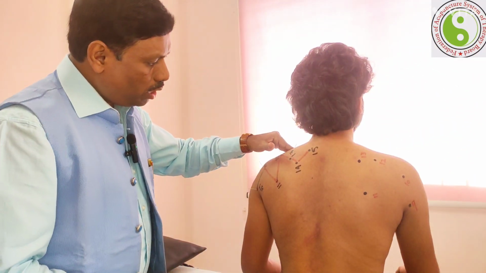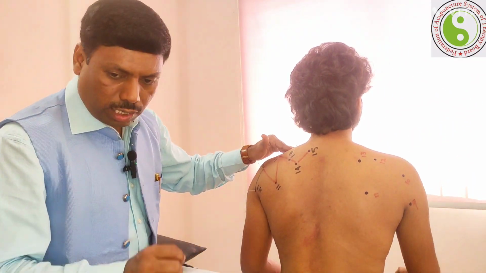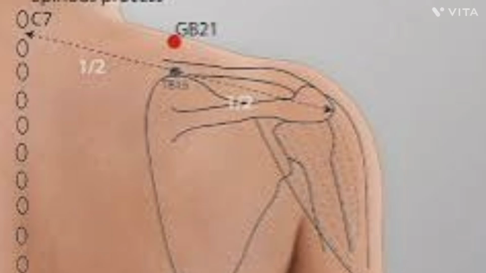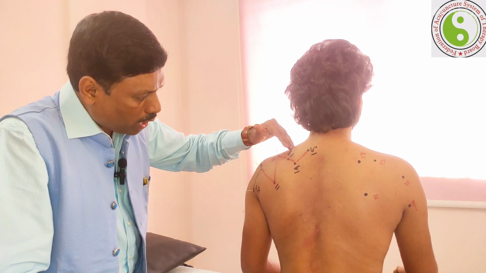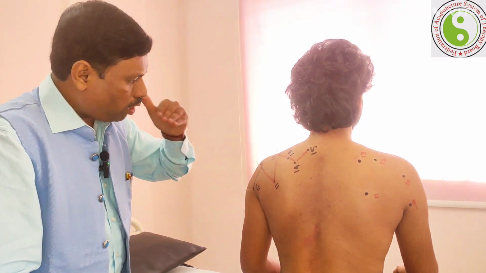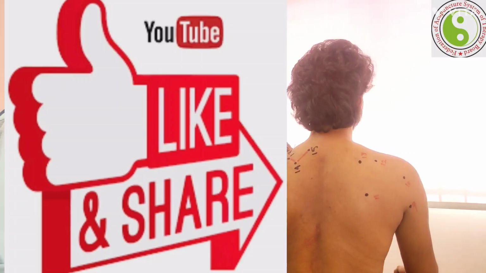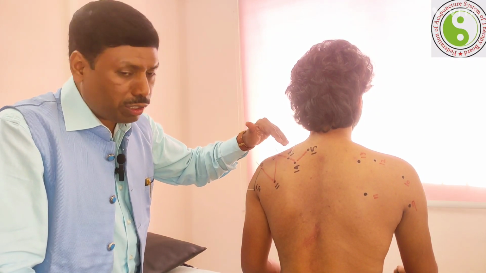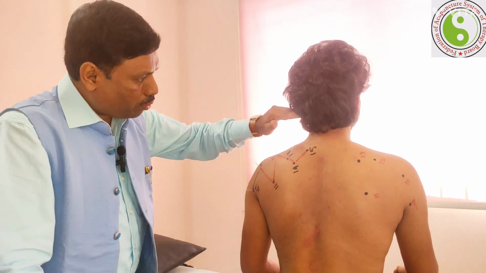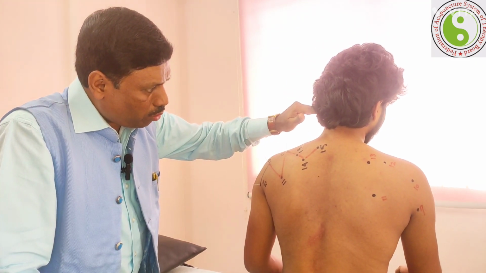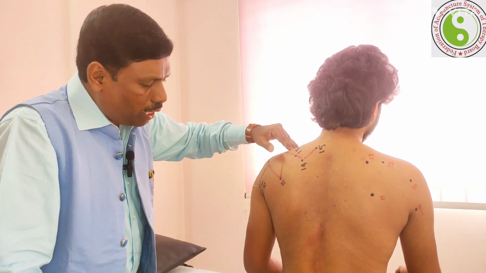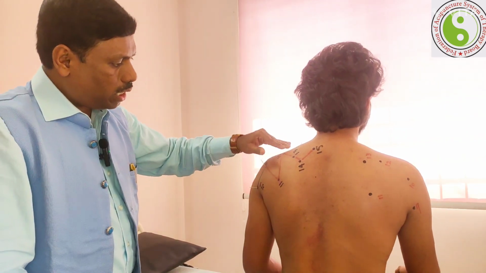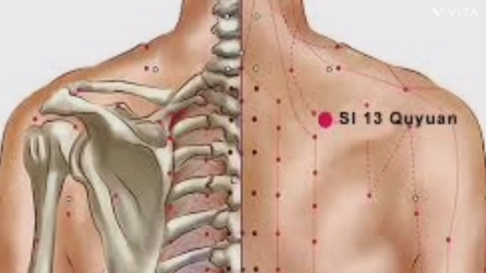Now these are the points where Qianqing is located. Qianqing means GB21. GB21 and then SJ15 points are located here. One way or another, these points will be useful to treat hormone-related disorders. This is called the posterior pituitary point. The anterior pituitary is the GB20 region. That is, the anterior pituitary is GB20, but this is related to the posterior pituitary point. Certainly we can use SI13 as well.